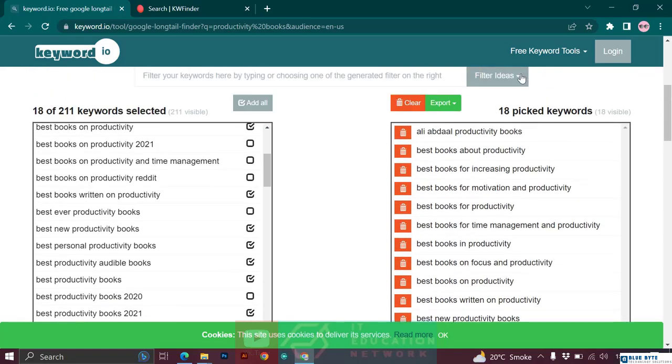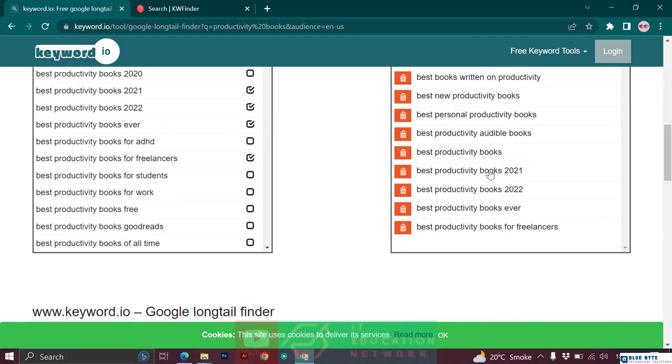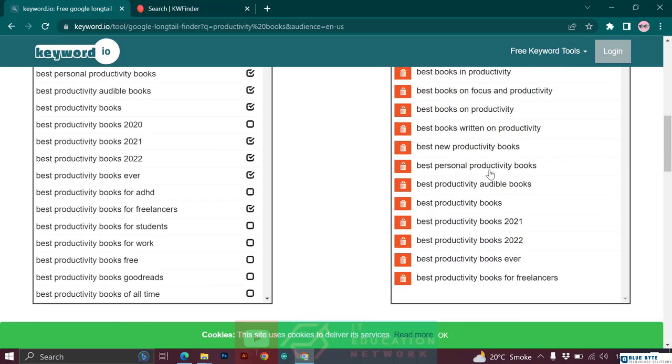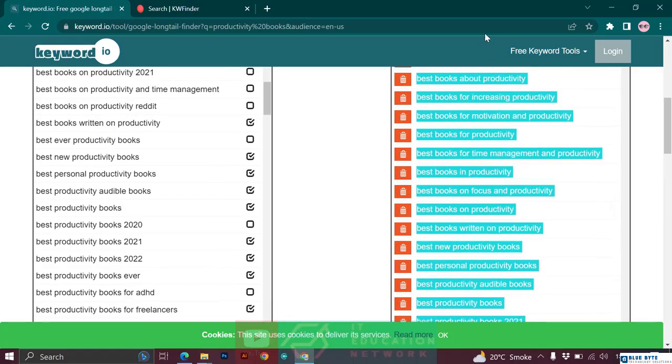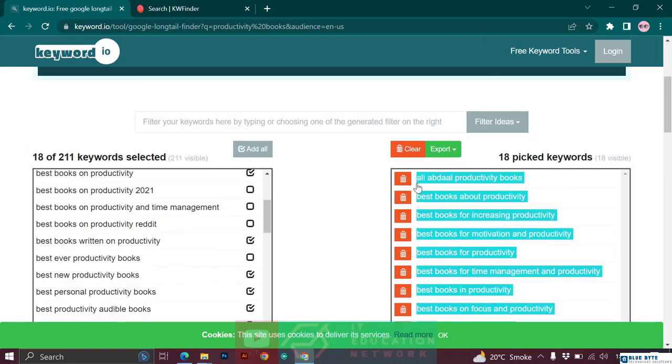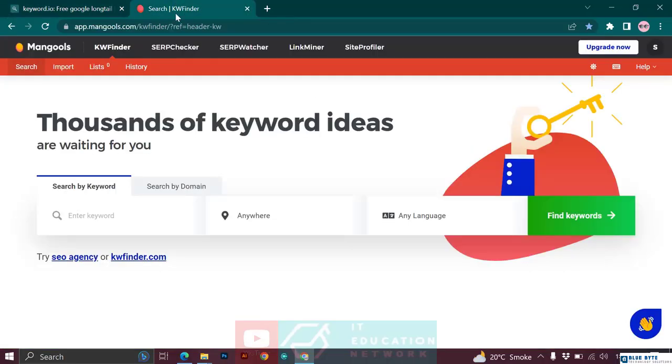Now on these keywords we'll see whether we can rank them easily on Google or whether it is harder to rank. When we find a low competition keyword from one of these, then we'll go and write an article about that. Let's copy all of these like this. Let's go to another tool called